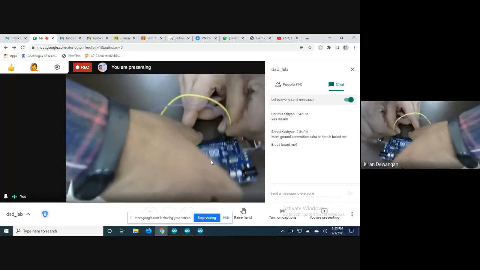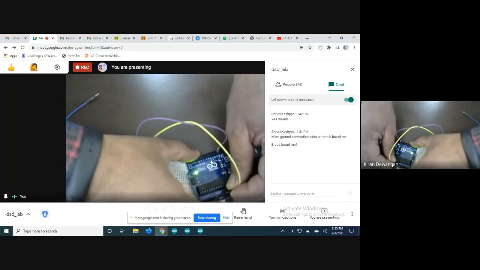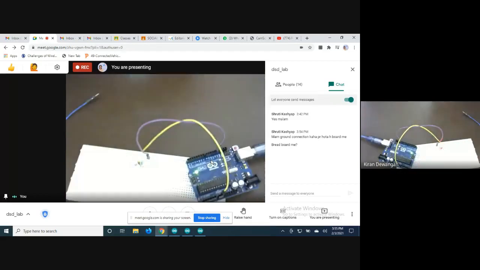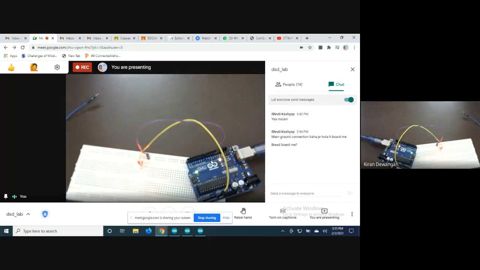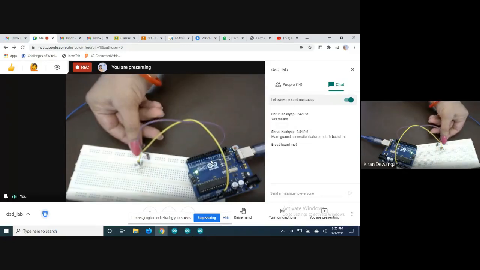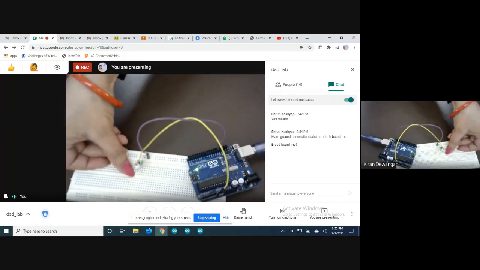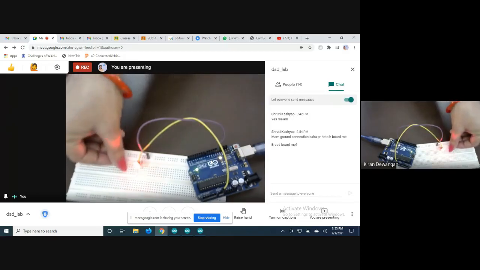किसी भी पॉइंट में हम लोग उसको यूज कर सकते हैं. यहाँ पर भी कनेक्ट कर सकते हैं. That side also we have the ground. हम कहीं पर भी ग्राउंड को यूज कर सकते हैं. ब्रेड बोर्ड में यहाँ पर आप कहीं पर भी कनेक्शन दो, यहाँ से डायरेक्ट आप उठा के भी कर सकते हो. These points are sorted.